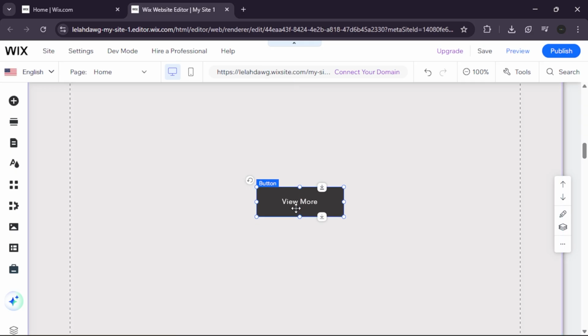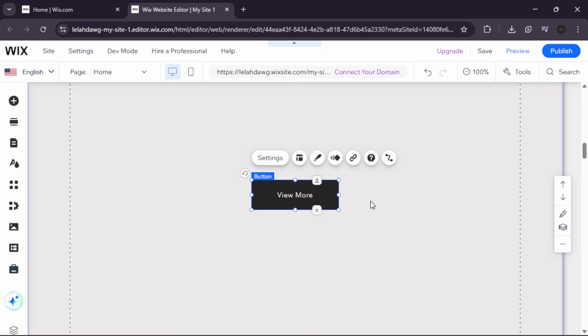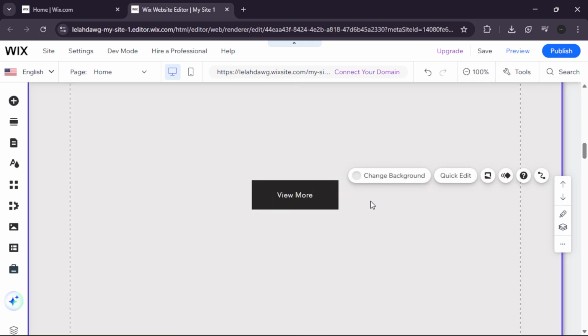This is the visual trigger phase. In 2026, using a button is much more effective than a simple text link. It creates a clear call to action for your users. By selecting a button first, you provide a professional-looking container that will eventually hold the digital file your users are